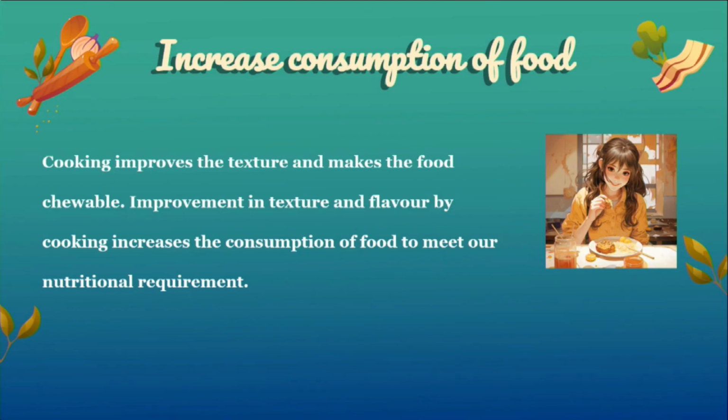Then the next objective of cooking is increases the consumption of food. Cooking improves the texture and makes the food chewable. Everyone has some likes and dislikes in their nutritional requirement or food recipes, and some have allergic reactions. So while we subject the food components to cooking, it improves the texture and makes the food chewable. Every age group needs some specific characteristics in their diet. For children and old people, they need the most chewable recipes in their diet,